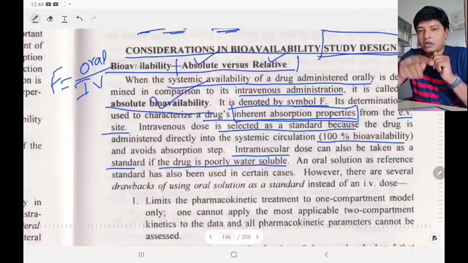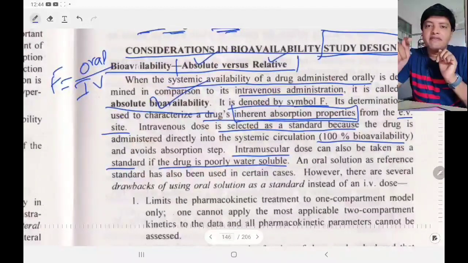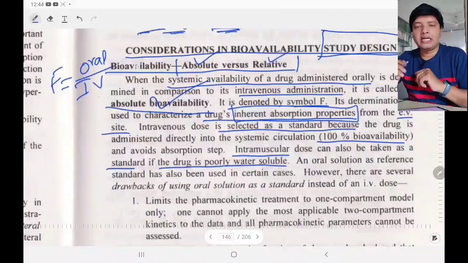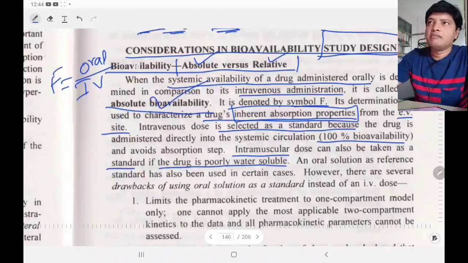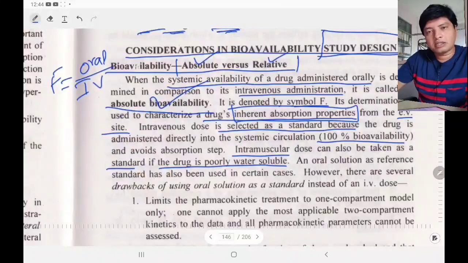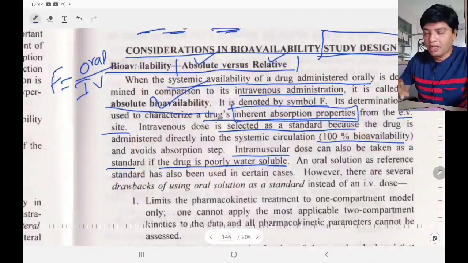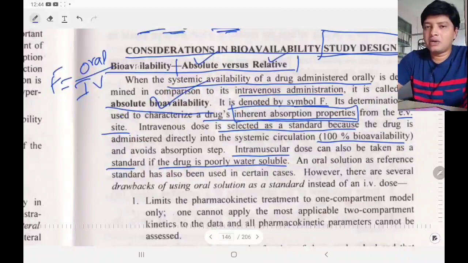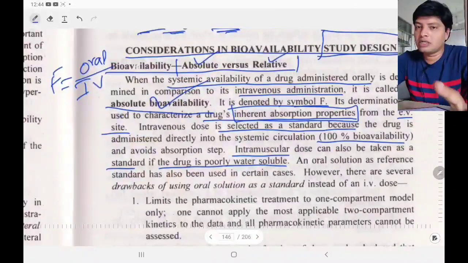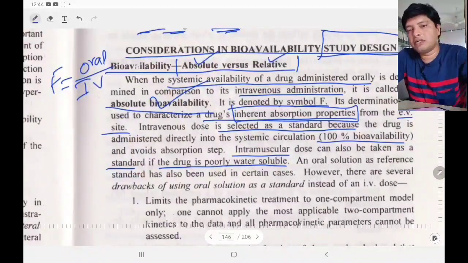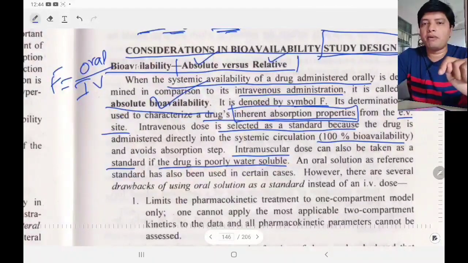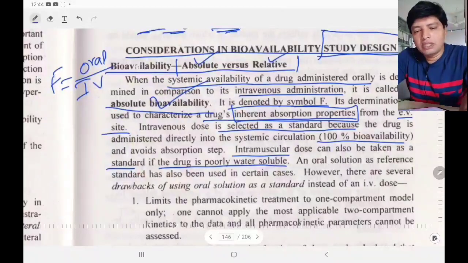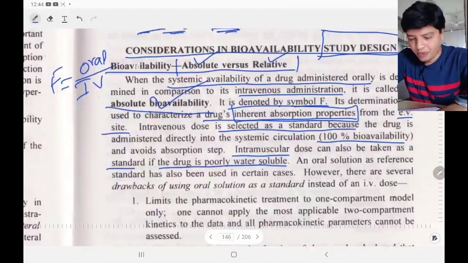Okay, in absolute bioavailability, if it is given in intramuscular injection, you can think that absolute bioavailability means I am comparing oral with IV. Because the drug is insoluble, because the drug solubility is very low, we prefer the standard route as intramuscular. If you give that insoluble drug into the systemic circulation, it will get crystallized, it will cause a problem. Hence we try to give the drug intramuscularly, remember this.